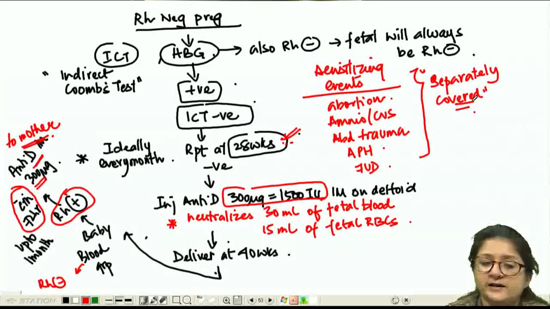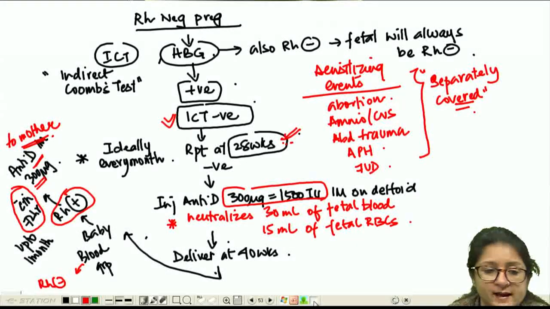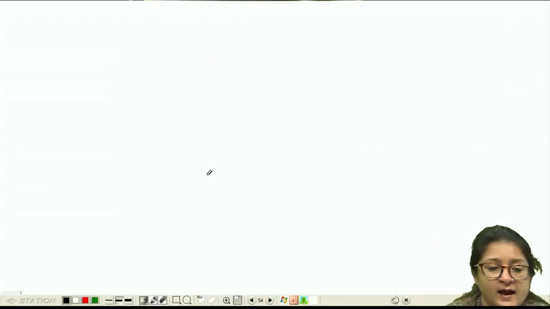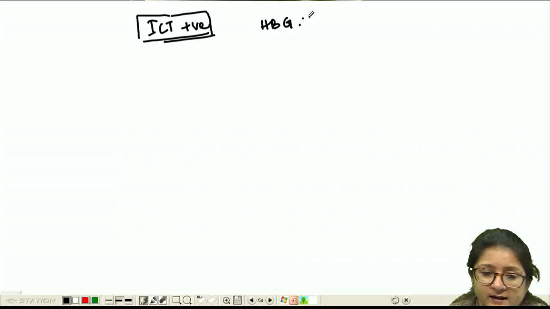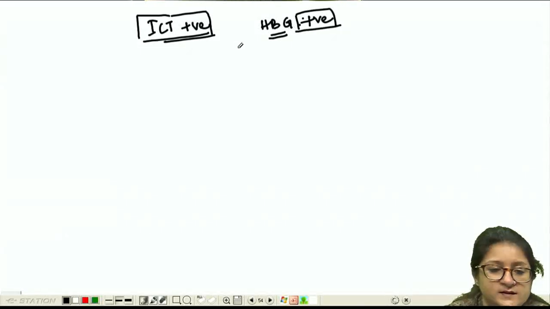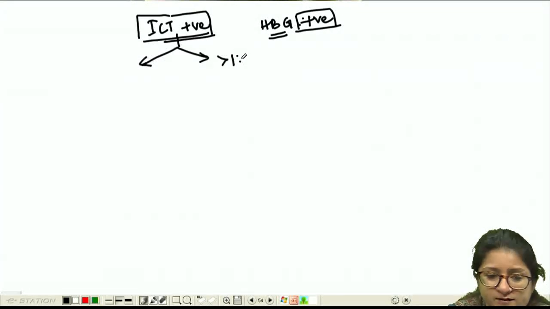So this is about Rh negative pregnancy in a woman who has never been sensitized. ICT negative means she has never been sensitized. Now if an Rh negative pregnant woman is ICT positive, and we check the husband's blood group, and the husband's blood group is obviously positive, then with ICT positive status we have to see what her titers are. If the titers are more than 1:16,